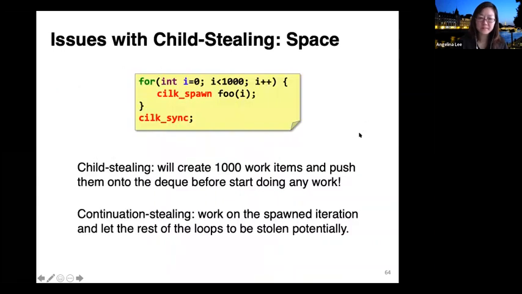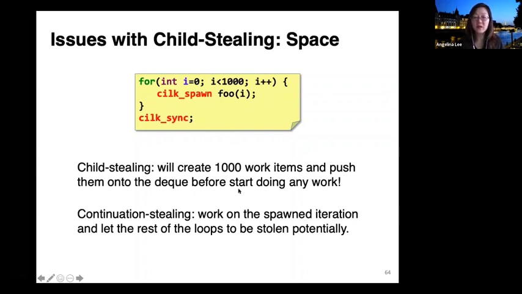Now, the problem with child stealing, so in Cilk, we basically choose to do continuation stealing. Why? Because in child stealing, you can potentially encounter a problem with space. Just imagine if a user writes the following code where you are going around the loop 1,000 times, and for each index i in the loop, you spawn off a subcomputation.